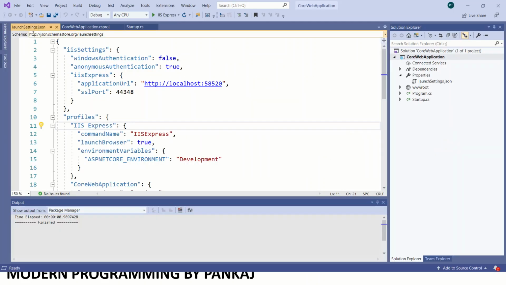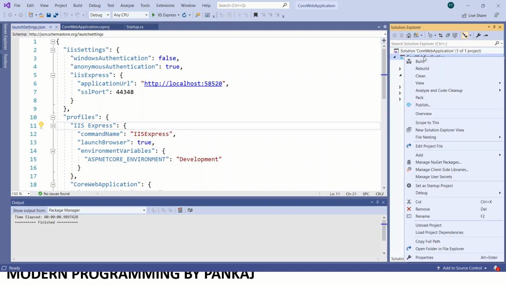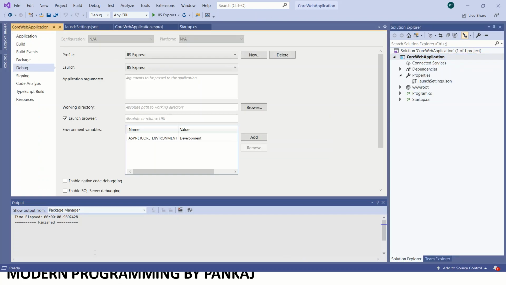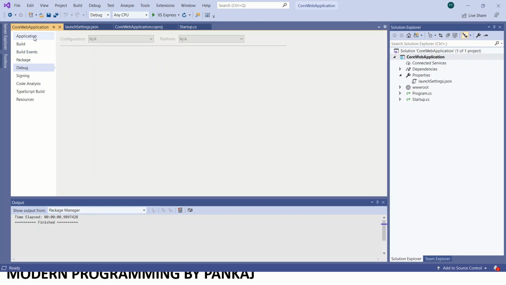So this is the launchSettings.json file. Suppose you want to change the value, or you want to set the value of an environment variable. How can we do that? Just right-click on this application and go to the properties window, and you will see multiple options. So go to the